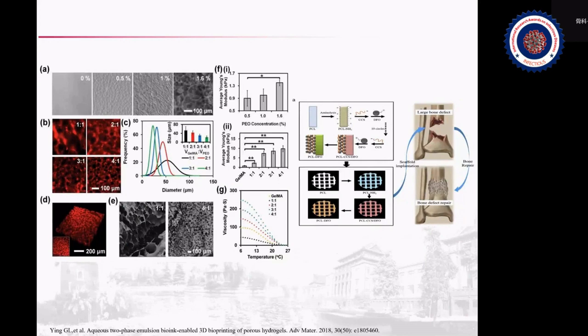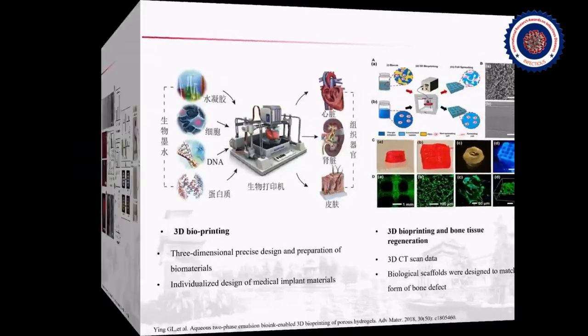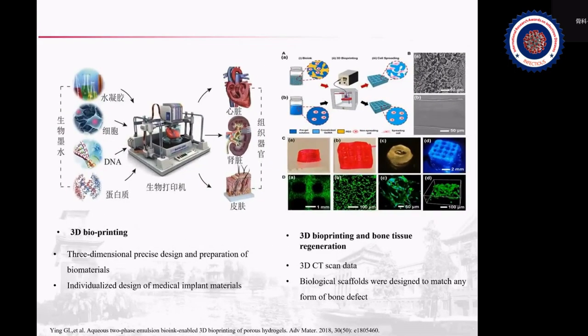Compared with traditional biological scaffold, GelMA-PEO hydrogels have better biocompatibility, cell proliferation ability, and metabolic ability. Meanwhile, the antibacterial properties and osteogenic ability of this porous hydrogel can be enhanced by a combination of drug-loaded nanomaterials and osteogenic induction factor. 3D bioprinting takes living cells, bioactive factors, and biomedical materials as basic forming unit to design